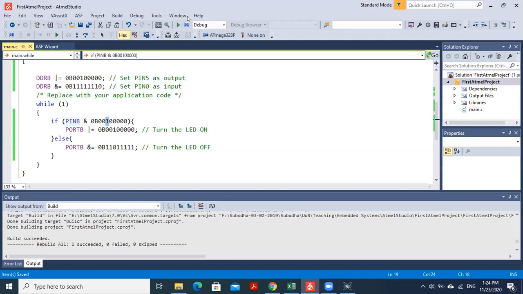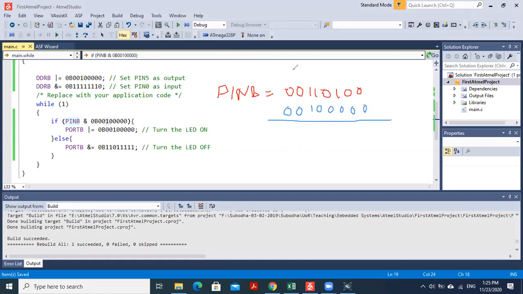Now, for example, let me write it down. Let's say the PINB register's value is 00110100, right?